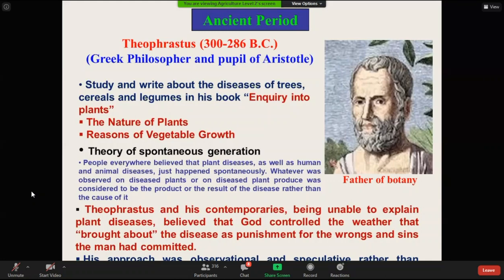In this book, he basically described the diseases of trees, cereals, and legumes crop. Okay. And if you see the red mark area at the bottom, you will see Theophrastus and his contemporaries,